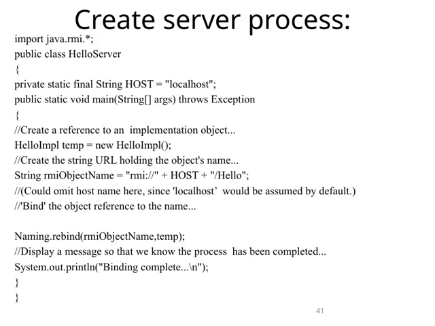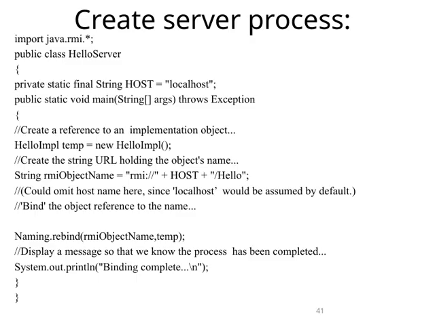Let's take a closer look at creating a server process in Java RMI. First, we start by importing the java.rmi package, which provides the necessary classes for remote method invocation. In our HelloServer class, we define a constant host as localhost, which indicates where our server will run. In the main method, we create an instance of HelloImpl, which is our implementation object that provides the remote